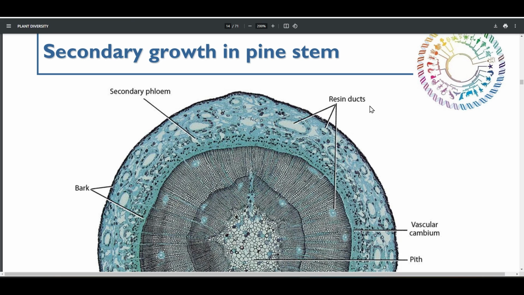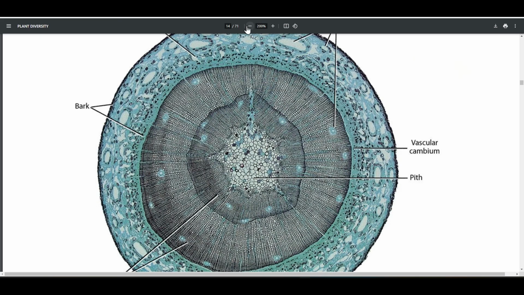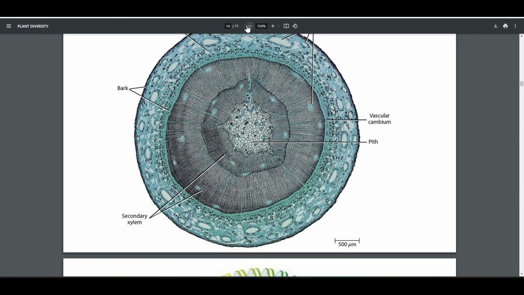And also one more thing. If you remember the xylem rings here, because the secondary xylem grows in an annual cycle, you can use that to determine how old a plant is. So maybe in this image, this plant could be 2 years old because it has 2 cycles of xylem.